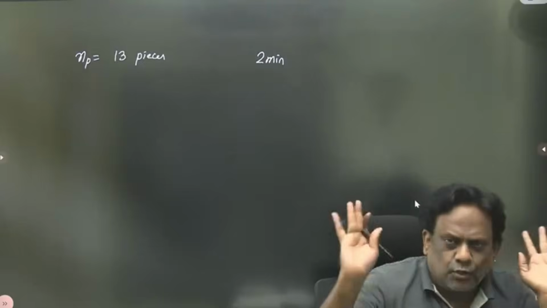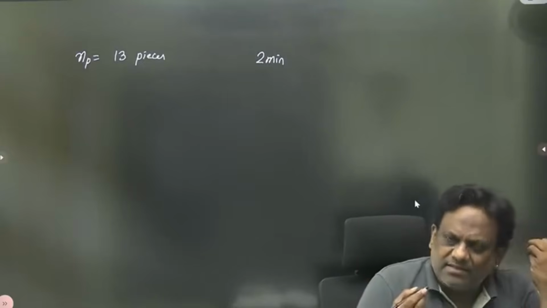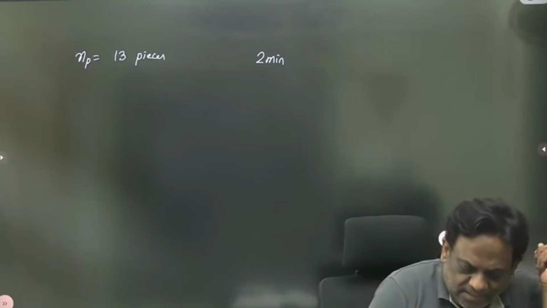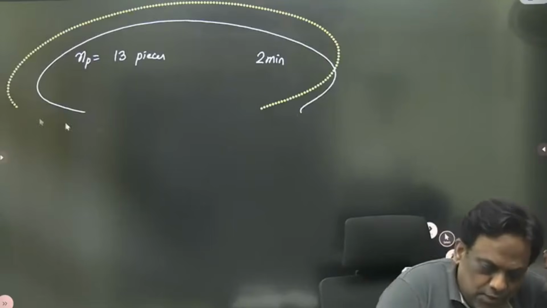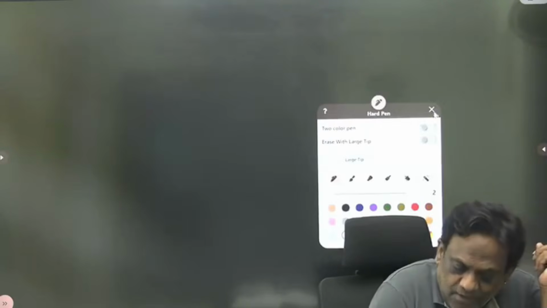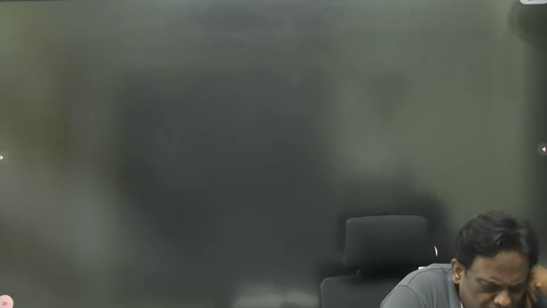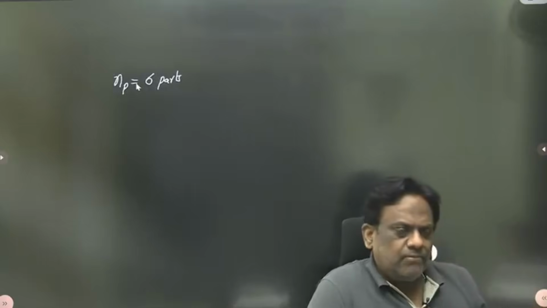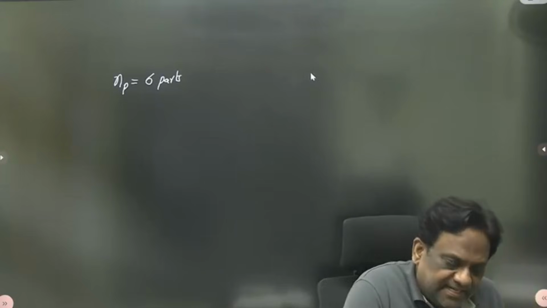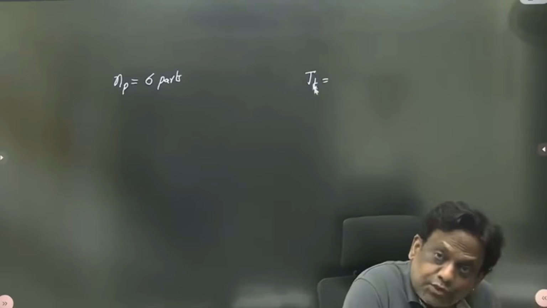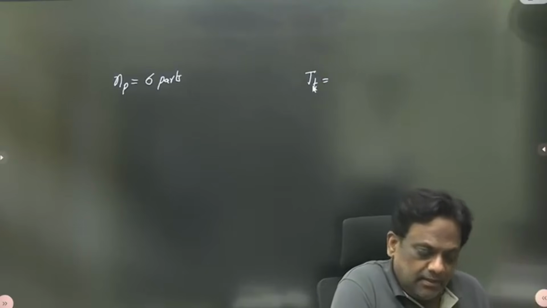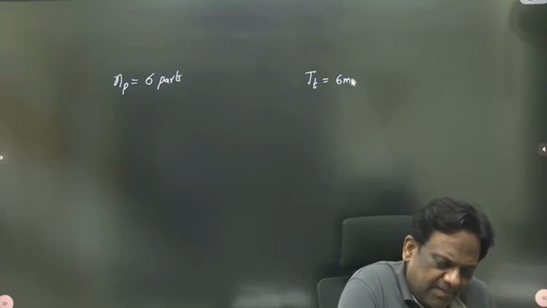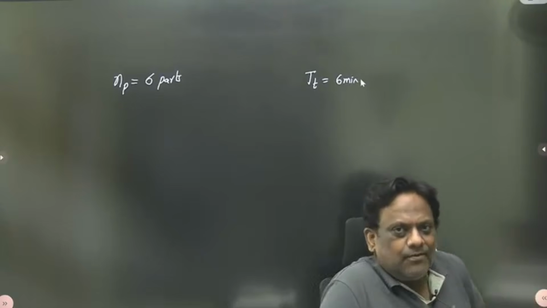Look, let me give a small example, sir. For a simple calculation, one second, sir. Please, my dear children, you should understand this concept very carefully. For example, my dear friends, let us say we have manufactured 6 parts. Number of parts manufactured is 6. Let us say the tool changing time, TT is tool changing time, is 6 minutes. Imagine, I am telling you just for example.